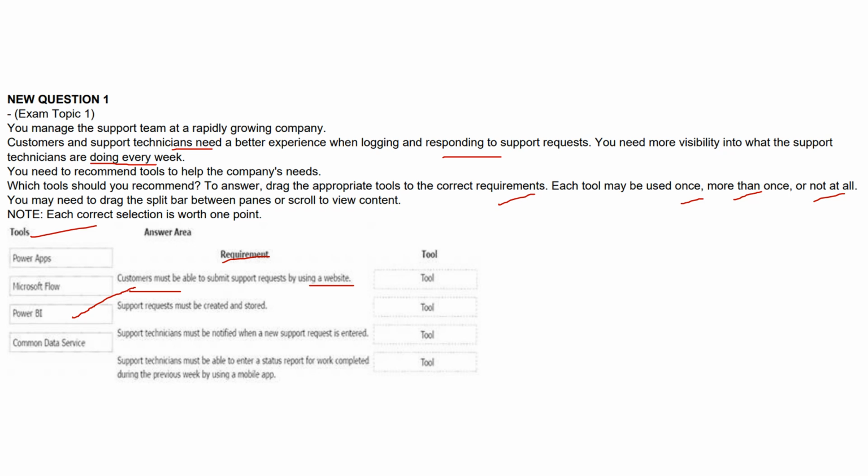Second one is, support requests must be created and stored. So Common Data Service is used to create and store. Third is, support technicians must be notified when a new support request is entered. We prefer Microsoft Flow